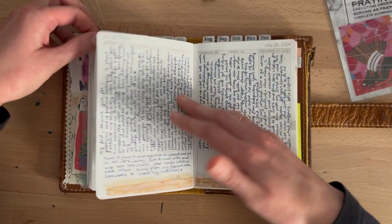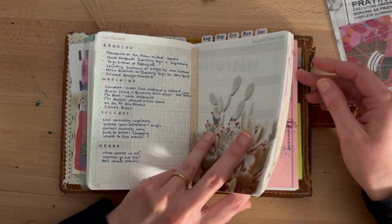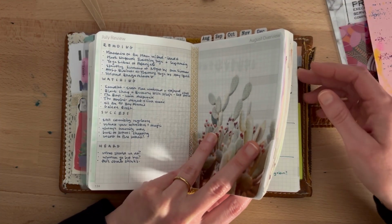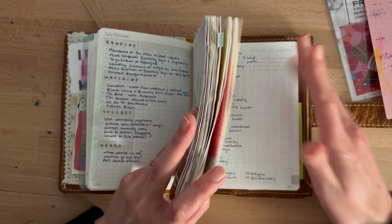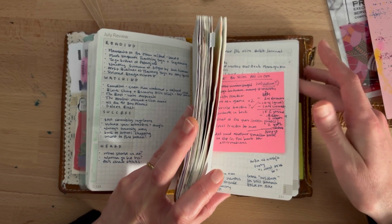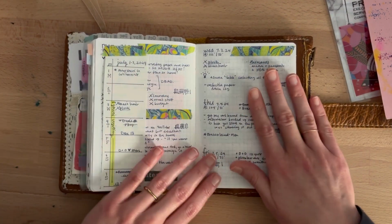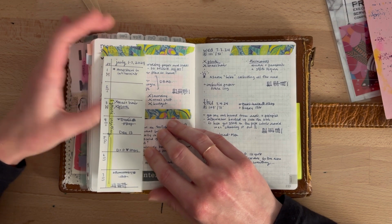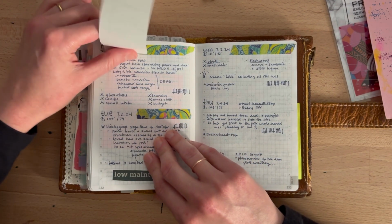As you can see, this was when I started gratitude again in July. And then what I did is in the back, I did bullet journaling for a month. And that really changed how I used my planner for the rest of the year. Okay, so these are the note pages in the back. And so I was doing gratitude in the weekly and then came back here and I set up dailies basically